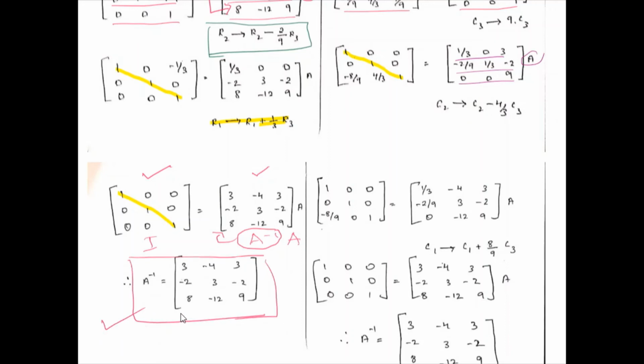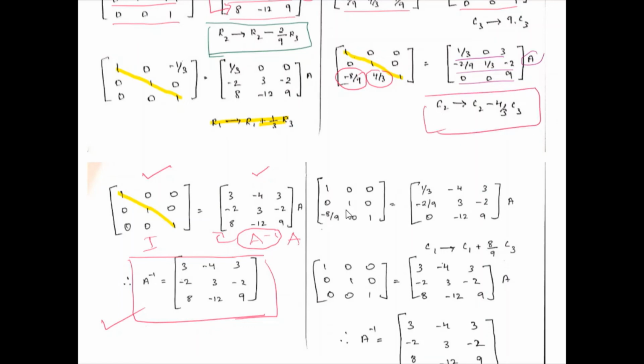Okay, we will confirm it in column operation. Here we need to convert the C2 into 0 and C1 into 0. First we will do it in C2. To convert C2 into 0, we can apply this operation: C2 implies C2 minus 4 by 3 into C3. Here C2 is 4 by 3 and C3 is 1. So when we apply this operation, 4 by 3 minus 4 by 3 into 1,